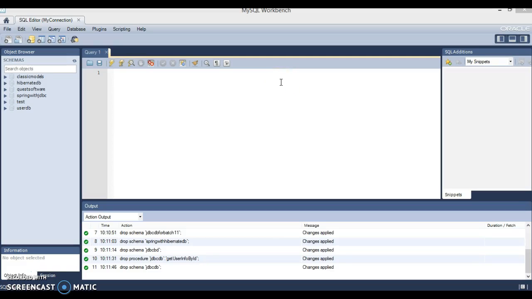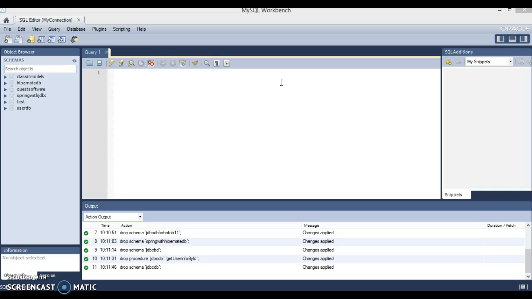In previous video tutorial we have seen how to download, install and configure MySQL Workbench on Windows machine. Here I have shown you how to install MySQL Workbench separately, but if you go to the MySQL official website, then MySQL database server as well as MySQL Workbench comes with the single executable file. If you install single executable file, then MySQL server as well as MySQL Workbench will be installed in one shot. But here I have installed separately.